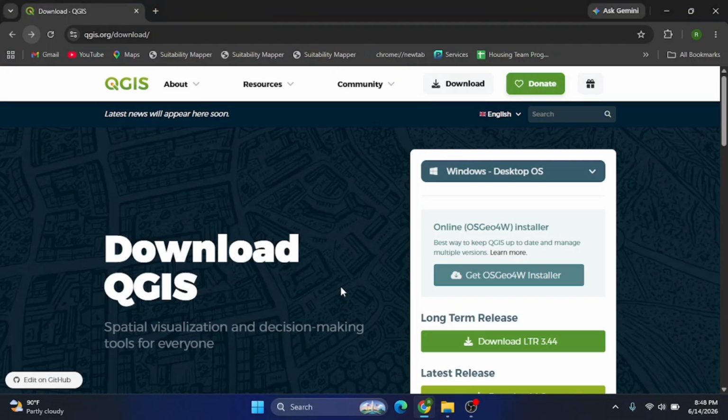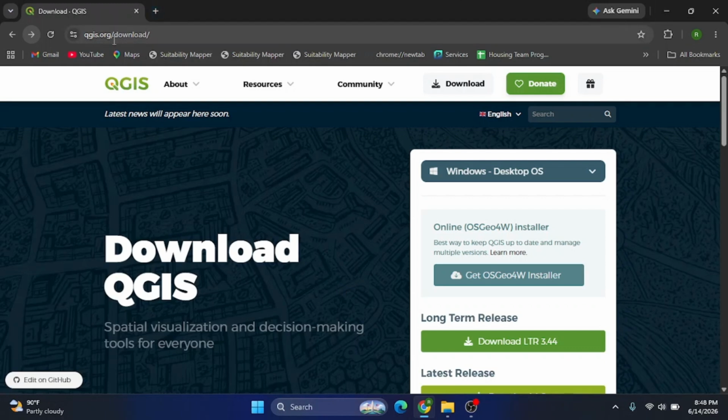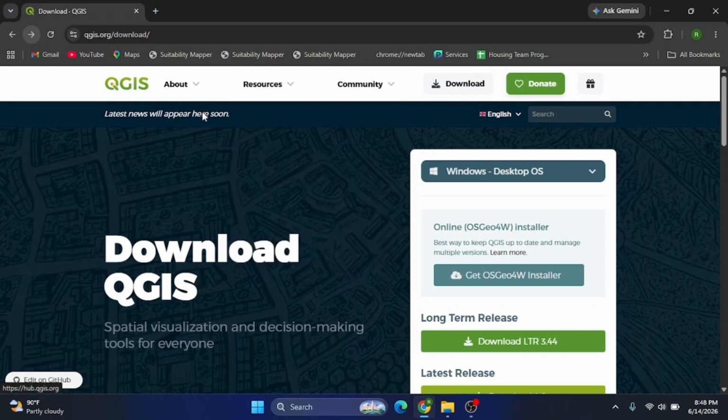Let's start with the downloading and installation process of QGIS. For the downloading of QGIS, you need to write "QGIS free download" in Google, and this will open the official site of QGIS download. QGIS is an open source software,